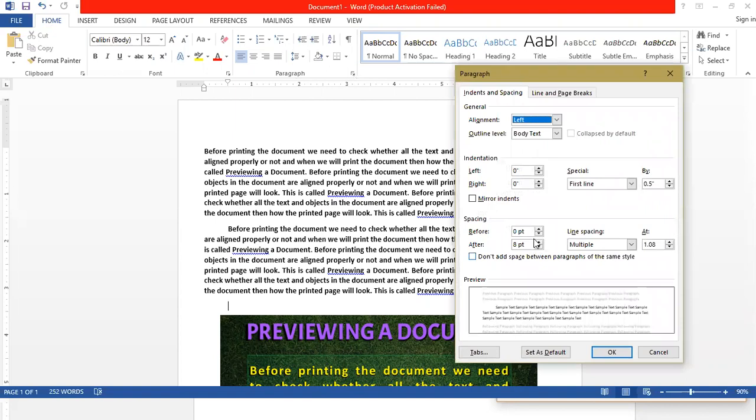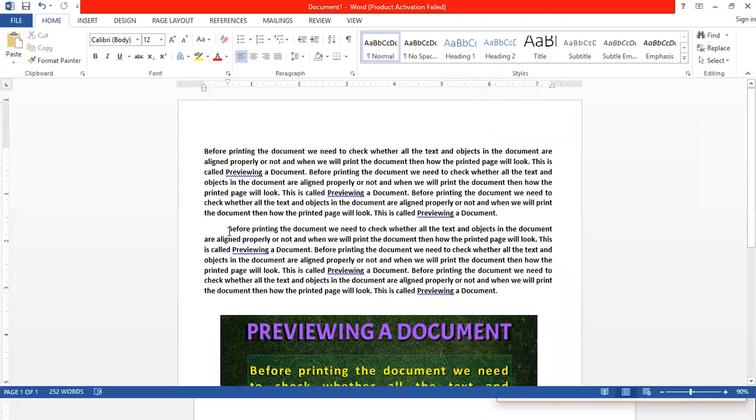Now here you can see the dialog box has opened, and in this is the paragraph spacing and here is the line spacing option. First you need to bring the typing cursor where you need to increase or decrease the spacing. Suppose I want to increase or decrease the space here. Let me bring the typing cursor at this position because I want to increase the space before this paragraph. Or if I want to increase the space after this paragraph, then my typing cursor should be at this point. So after the paragraph will be here and before the paragraph will be here,